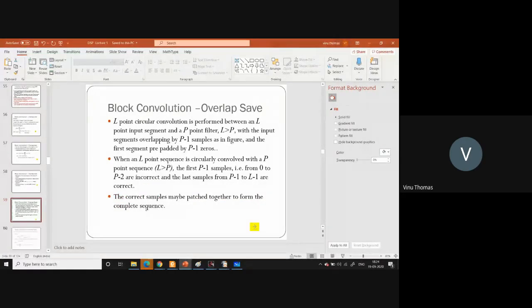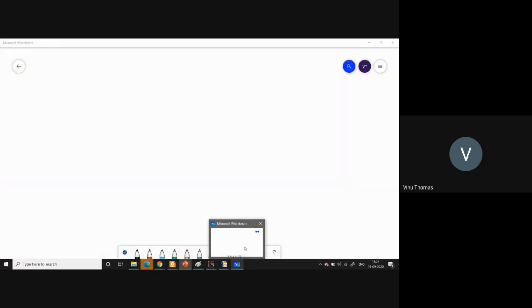Now you can also appreciate that the overlap add algorithm and overlap save algorithm can be implemented by means of the discrete Fourier transform. I hope you are seeing the whiteboard now. I will write down the equation for the discrete Fourier transform. I will take maybe 5 to 10 minutes more, and we might not even need 10 minutes. So we will write down the expression for the discrete Fourier transform